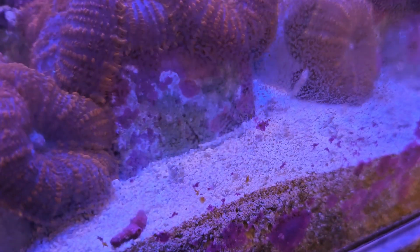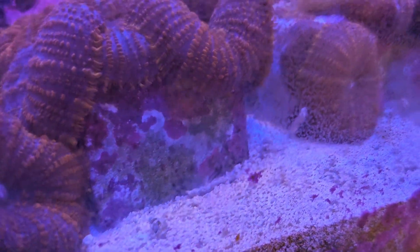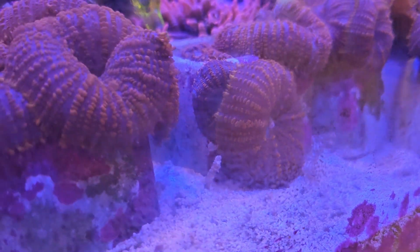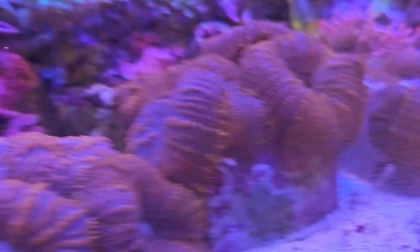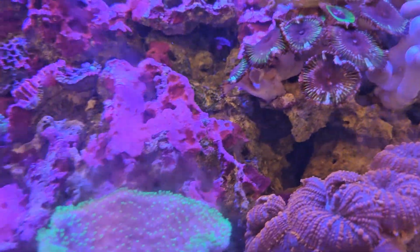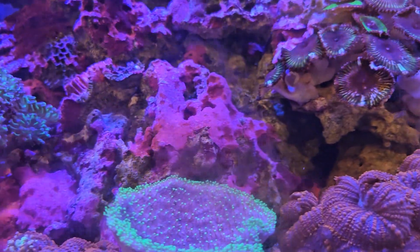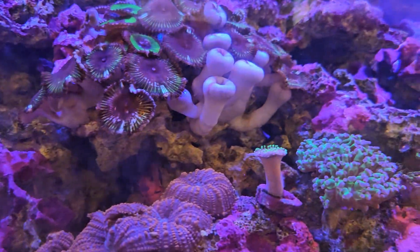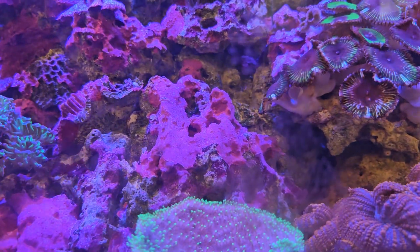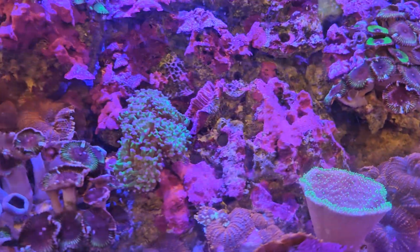Each one of these squares has a bunch of little copepod hotels inside them, so that's what's on the bottom of them. So if you want to keep the mandarin going in there, I was hoping maybe he'd come out and say hi, but he is all purple with little circles on him, like little bullseyes, and every once in a while you'll just see him pop up. It's kind of a fun treat. It looks like a little